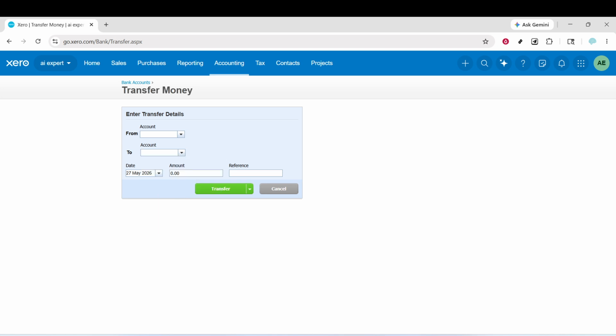Enter the transfer amount carefully. Make sure the number reflects the total you moved and that you're using the correct currency and decimal places. If the transfer date in Xero needs to match the date on your bank statement for reconciliation, add or adjust the transfer date accordingly. Using the actual bank posting date helps Xero match the transfer automatically when your bank feed